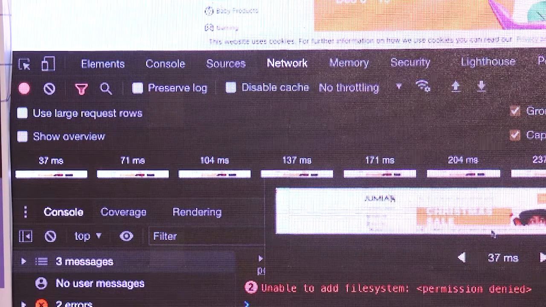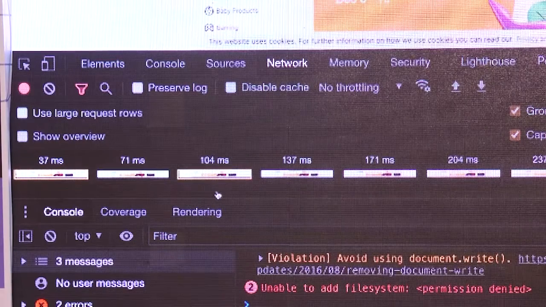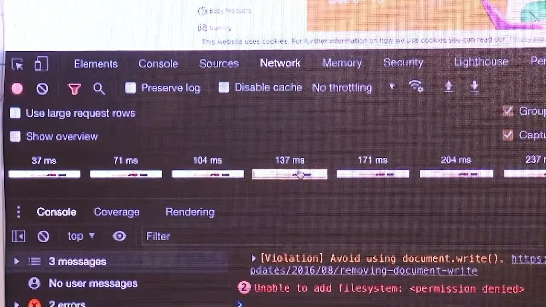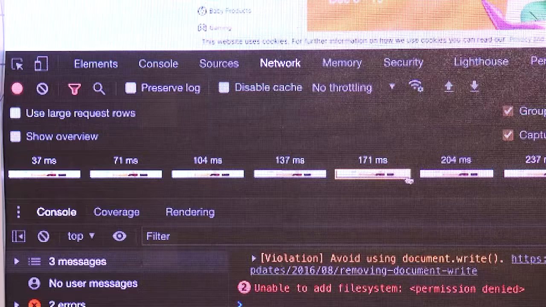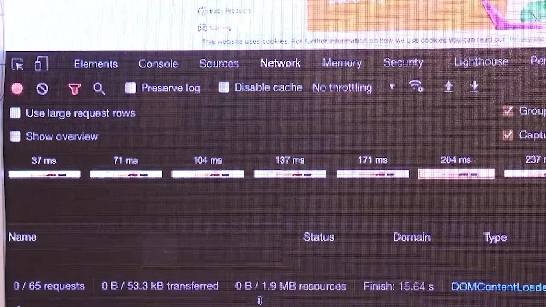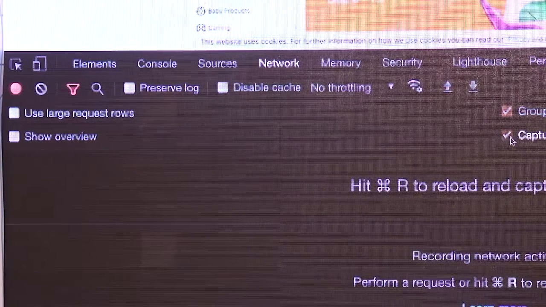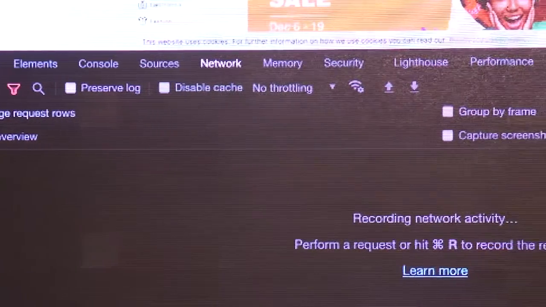You'd see what is loaded at each point in time. Screenshots have been captured. You can see how this happens in real time. So for some reason, I can't find it. Awesome. So this is what I was looking for. If you refresh this page,